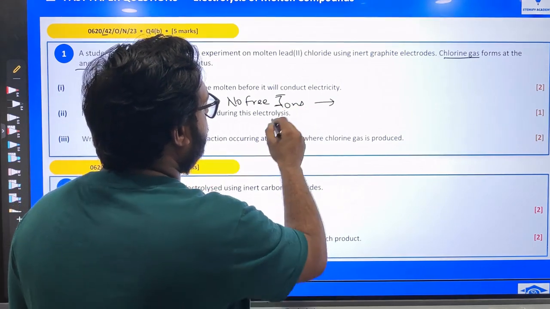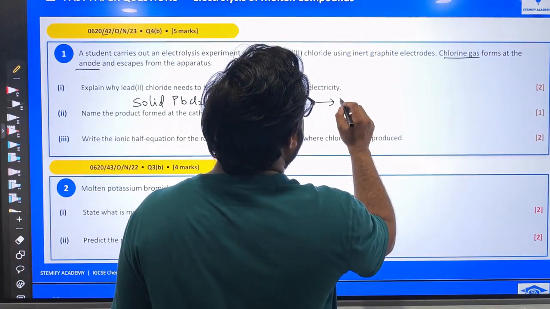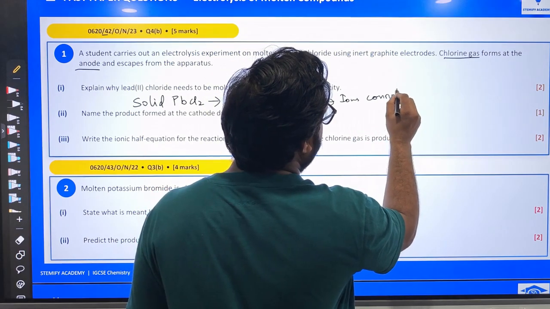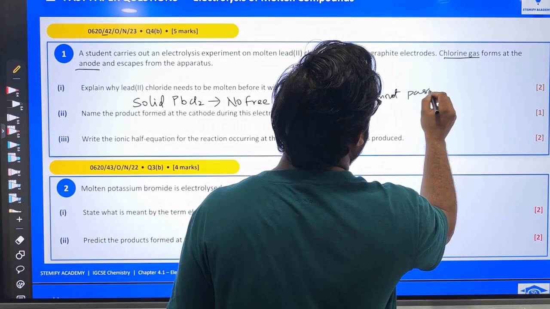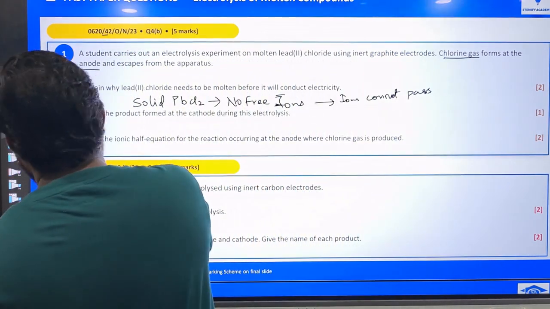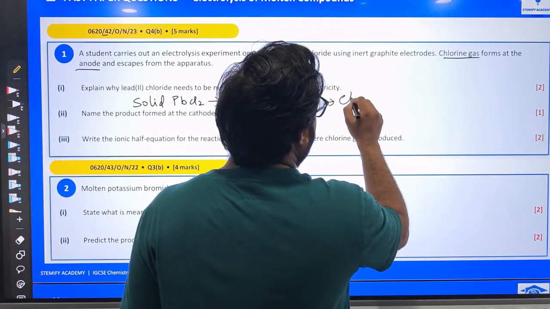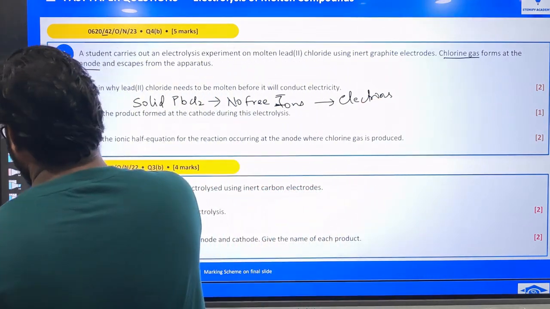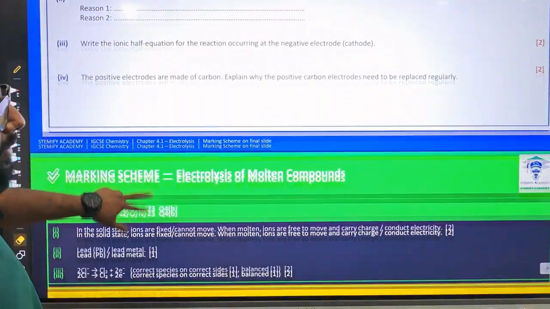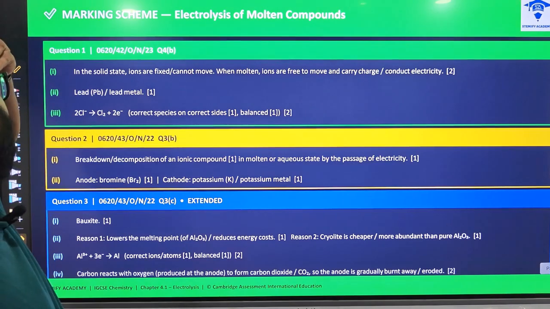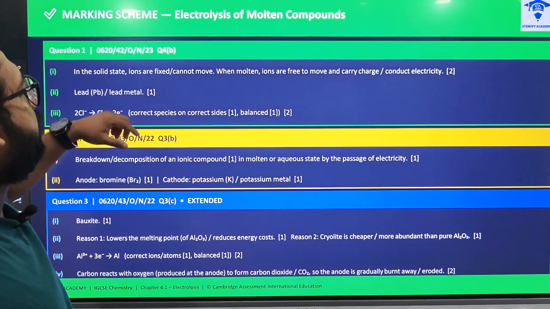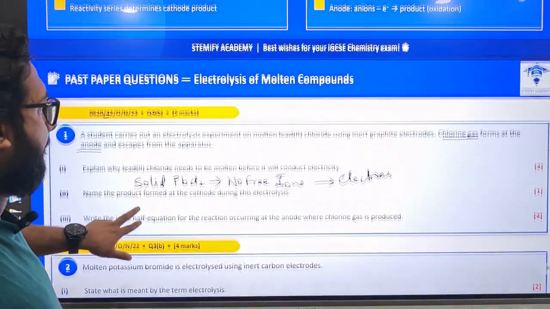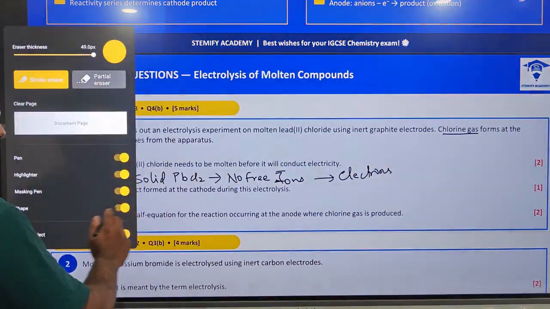Okay. So ions cannot pass, or you can write this as the electrons, or you can write this as in solid state, the ions are fixed, cannot move. When molten, the ions are free to move and conduct electricity. So yes, you can